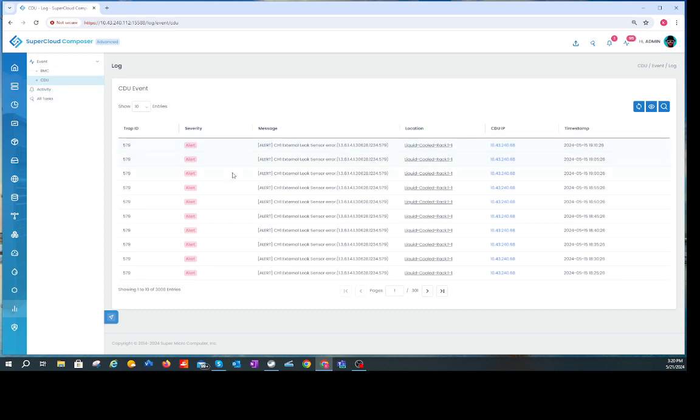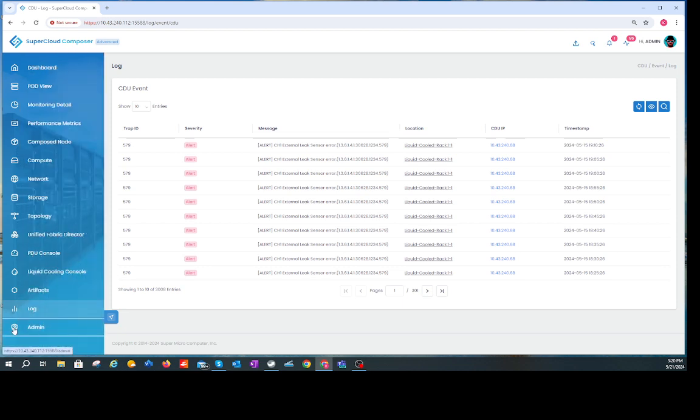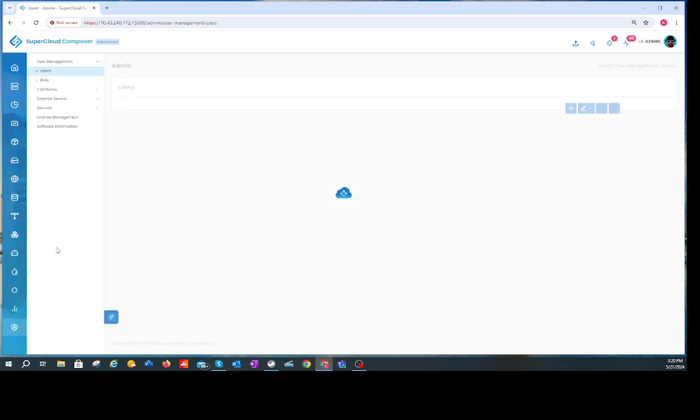We'll also add in additional alert management for the liquid cooling tower. Right now, today, we have it just at a rack level, but we'll soon have all the elements for alert management for the cooling tower itself. So how would you alert on a condition as far as a leak is concerned? If you click on the admin